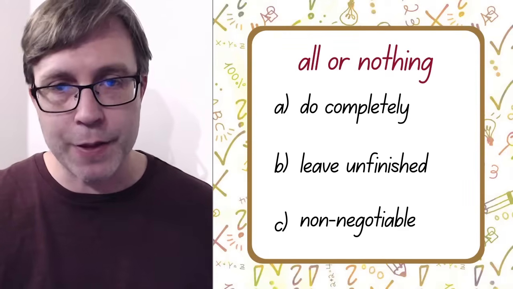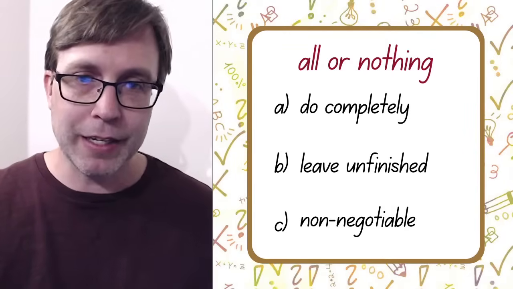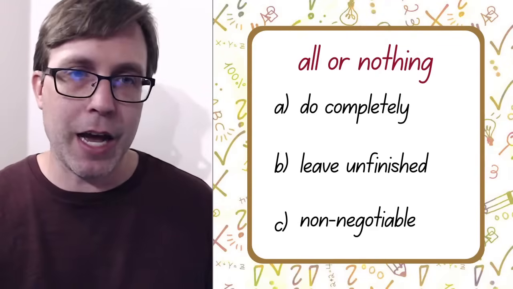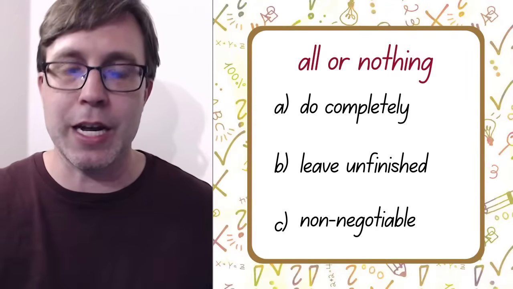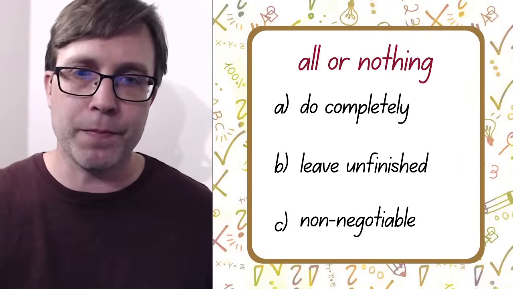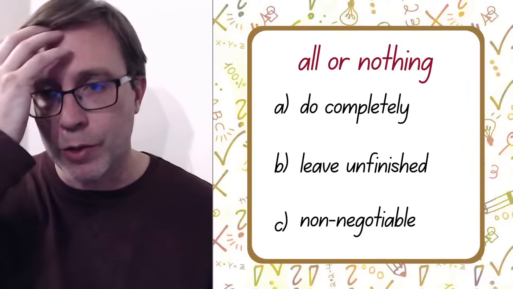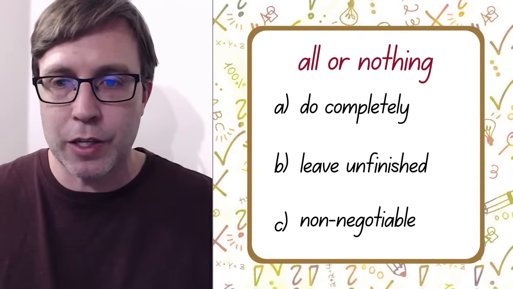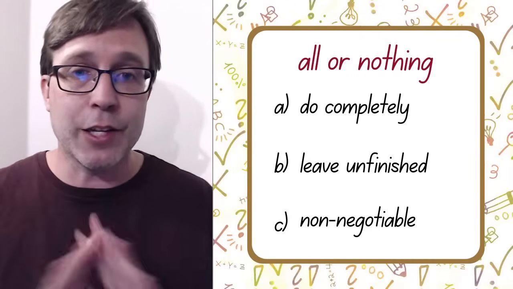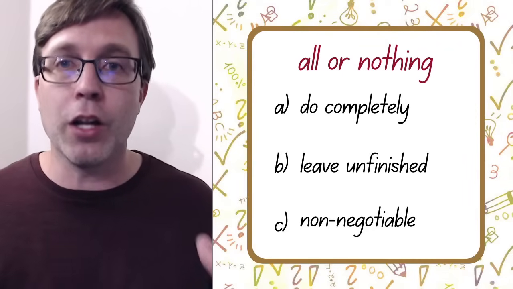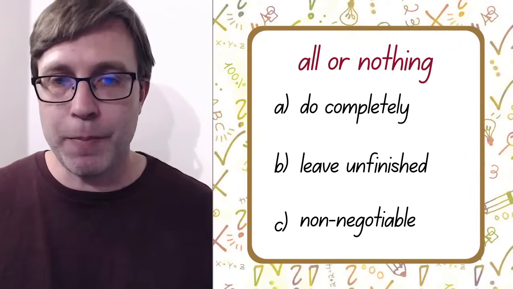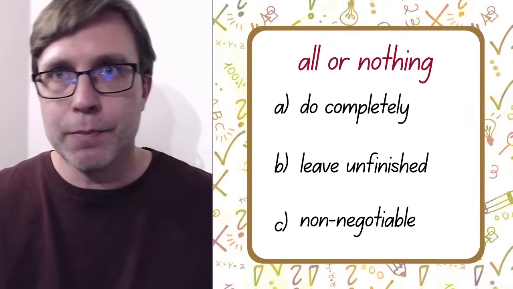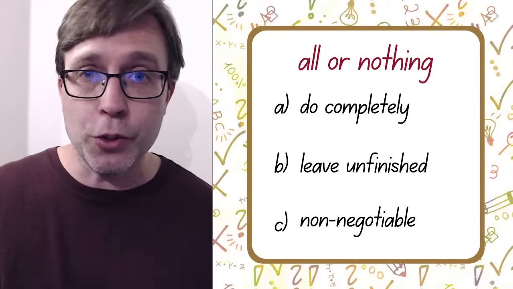What do you think? All or nothing? A, do completely. B, leave unfinished. Or C, non-negotiable. And I think often, to again give you a little context for this, because maybe it's not the full meaning that I'm giving you, I will show it to you. It's when you're talking about something, people will most often use it as just the sentence like, it's all or nothing. All right? It's all or nothing. And typically you're talking to somebody about something that you're maybe planning to do,